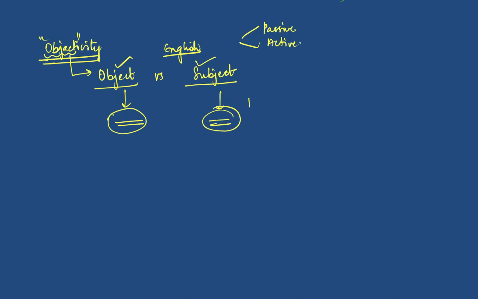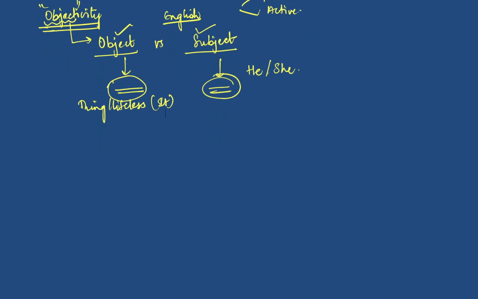Like if it's a girl, we use she. If it's a boy, we use he. But the object always remains the same. The object is basically a lifeless thing which is always referred to as it, except for a few things, like the earth is referred to as she. We call our earth mother earth, we call India mother India. So that's another thing, but here just to explain the dichotomy, you can even ignore this example if you haven't understood.